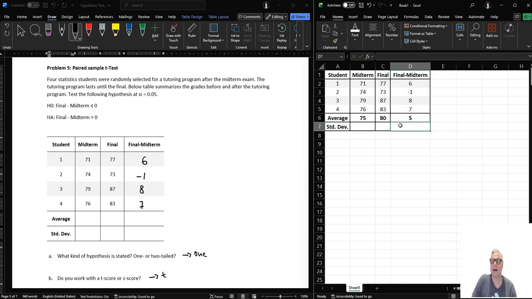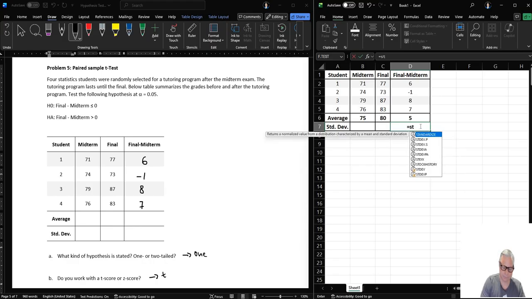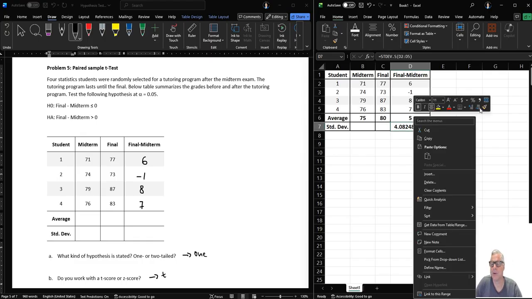And then what we do is we just calculate the standard deviation for the difference. So we don't have to calculate that really for the midterm and the final. What matters is this column now. So the standard deviation is equal to the sample standard deviation, so on the difference,